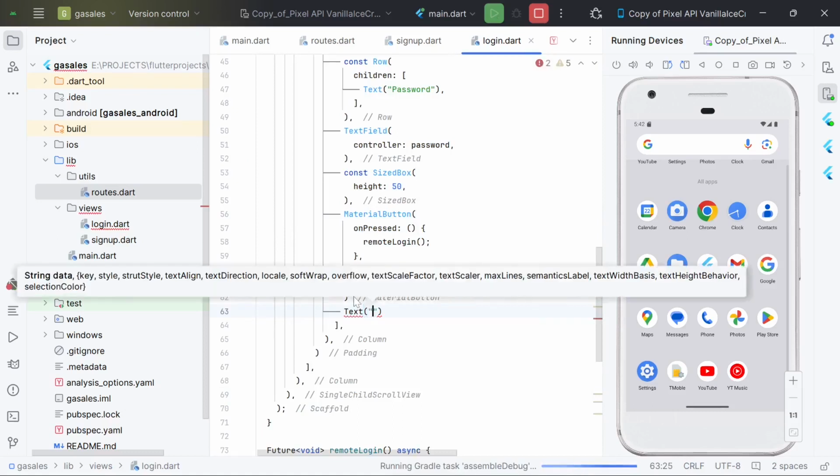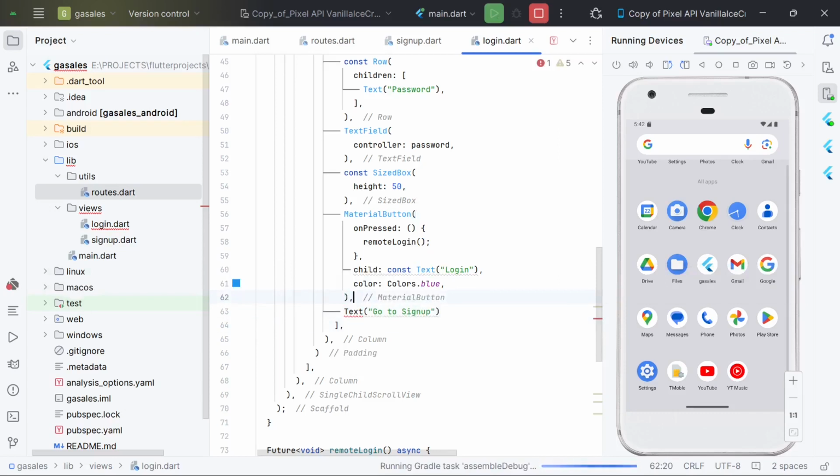Just write go to sign up. You already have these things in a better way because you've taken time to do the user interface. So I want this text that will appear on the login screen to help in navigating to the